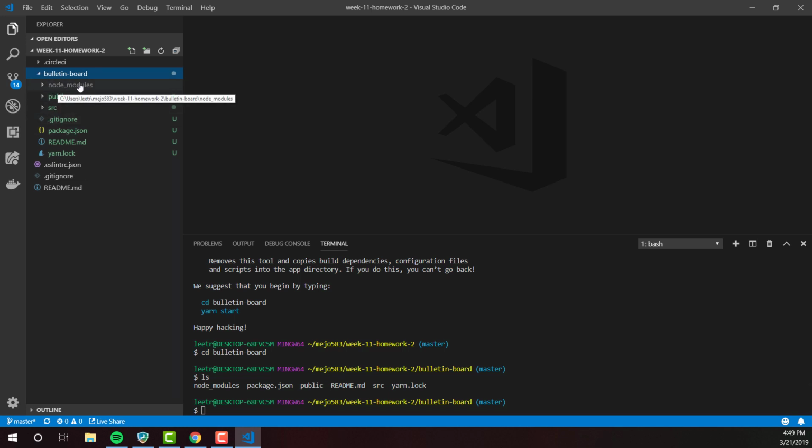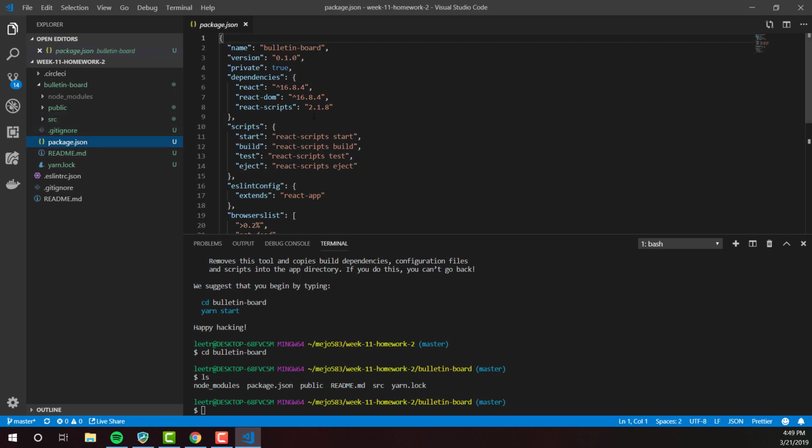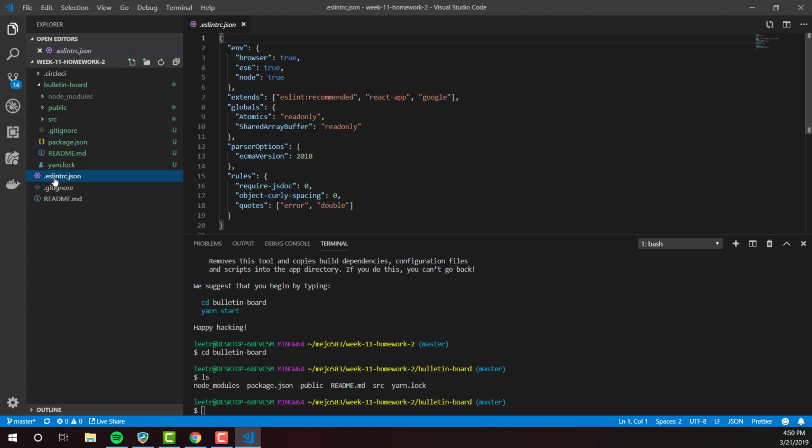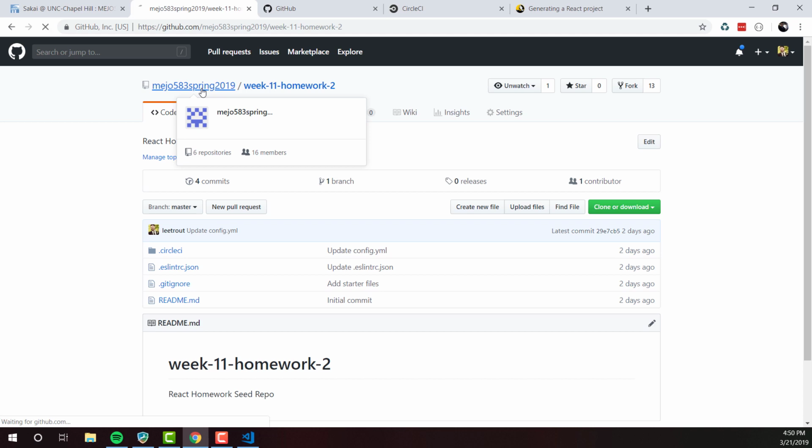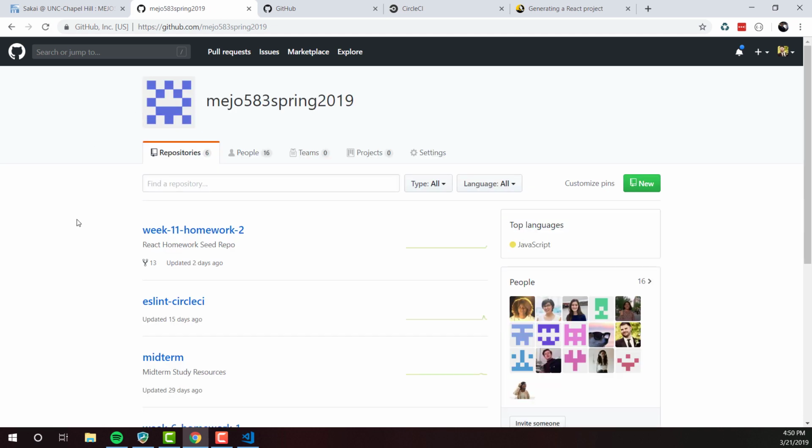Notice node_modules is gray. That's due to it being ignored by the gitignore. We have package.json in here. We don't have any dev dependencies at this point. And so we're going to fix that. What we're going to reference over here, we have this Google style that we need to install. I can show you how we get to that error, but we know that it already needs to be installed. So if we go back to where this repository came from, in MEJO 583 Spring 19,